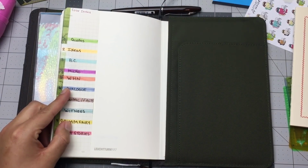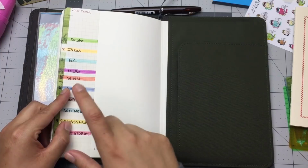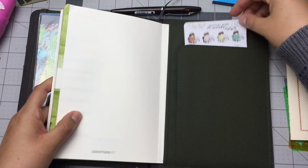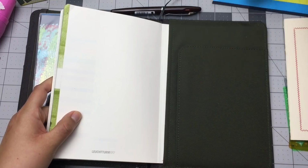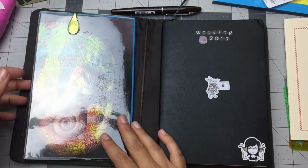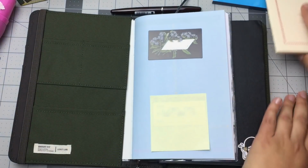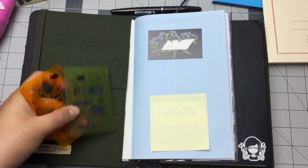But you can definitely look it up. I think that Hey Nay, I think that's her name, and Boho Berry have some videos on color indexing. But if you had some longer stickers you wanted to put back here, this would be a really great space for that. I am going to go ahead and put my Hobonichi stencils over here,